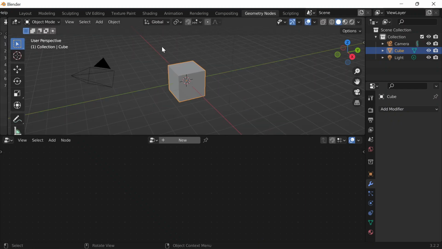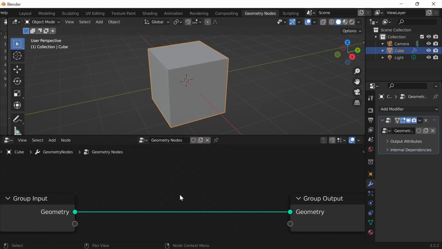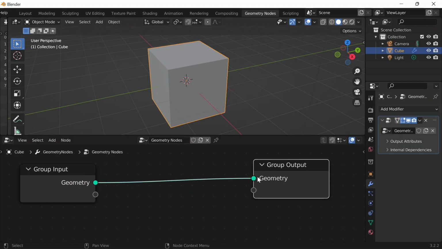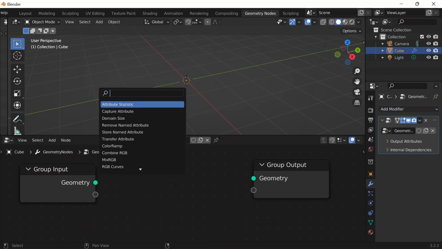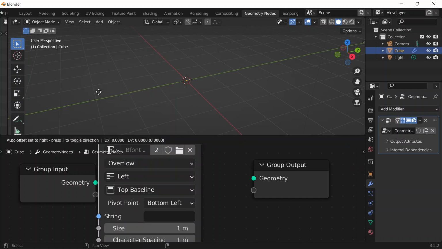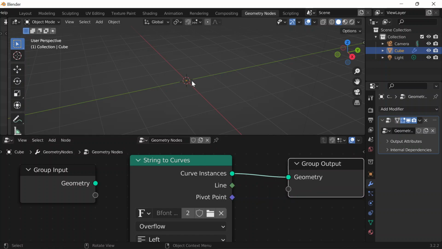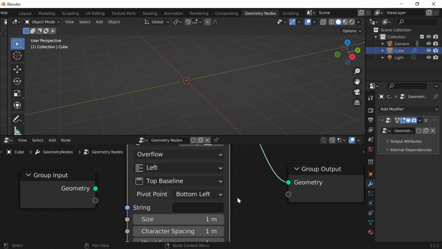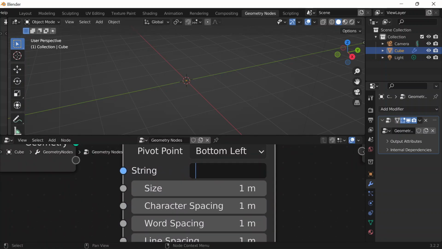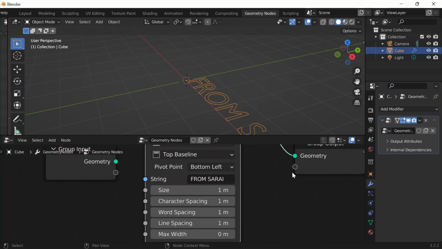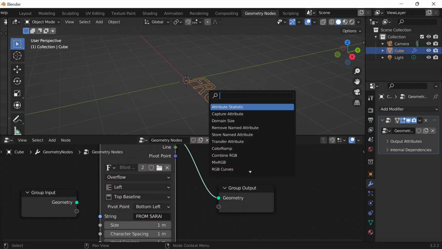So I'm just going to hide the spreadsheet, click on new for a new geometry node system, disconnect the input from the output, and do Shift A to add a string to curves node. That should be the last one over here, and then I'll connect the curve instances into the geometry so I can see it in the viewport. I don't see the string in the viewport because I don't have it set to anything. So I'll do something like "from Sarai",